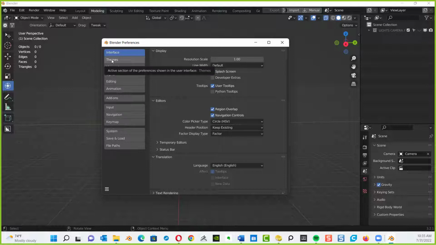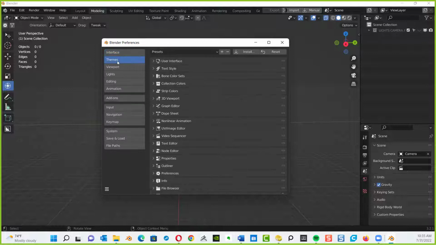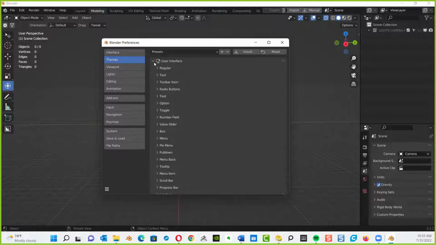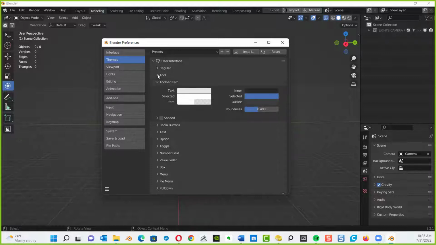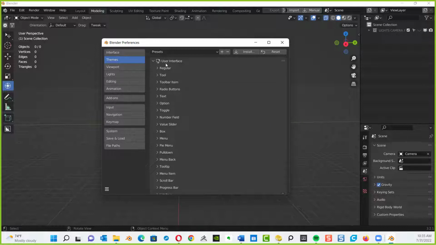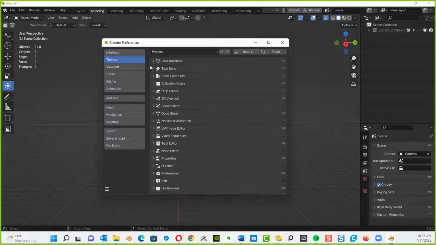We're not going to go into Themes, so I'm going to tell you what it is. Themes, if we click on it, is custom designing the color of your interface. So if I go to User Interface here, or go to the tools, for instance, you get to see your text color, your selected text, your items, and you can customize the color theme of your interface for your toolbars and so forth. I'm going to let you guys do that on your own. We're not going to worry about this today. I want to keep the interface default so that we get used to working with and navigating Blender within its default color sets. Later on, you can learn how to color things the way you want.